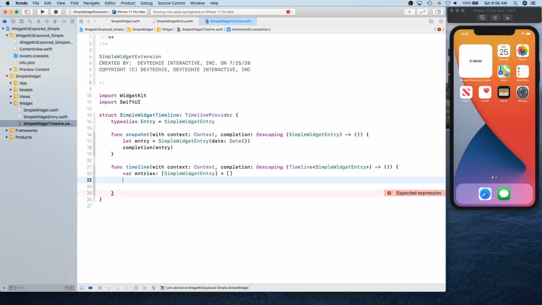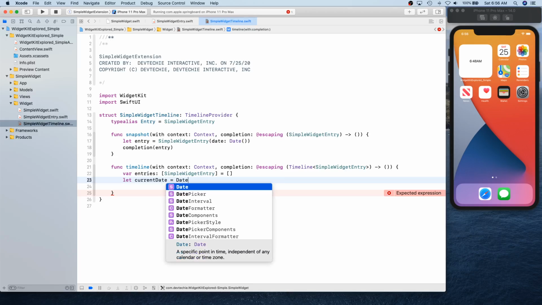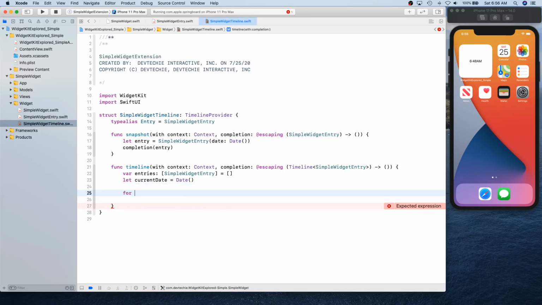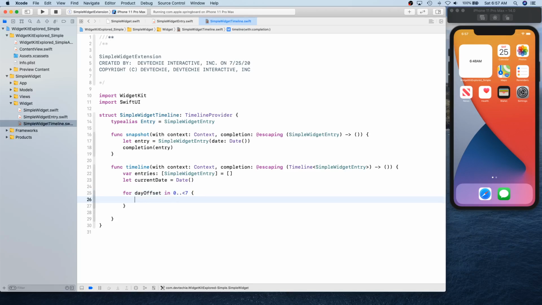And then we're gonna put a for loop. So before the for loop, let's get the current date. So current date, and this is gonna be Date, like so. So what we're gonna do now is generate the timeline. To generate the timeline, you can simply say day offset, and it's just a loop of 7 days of timeline entries that we are creating, and we're gonna simply say first compute entry date.